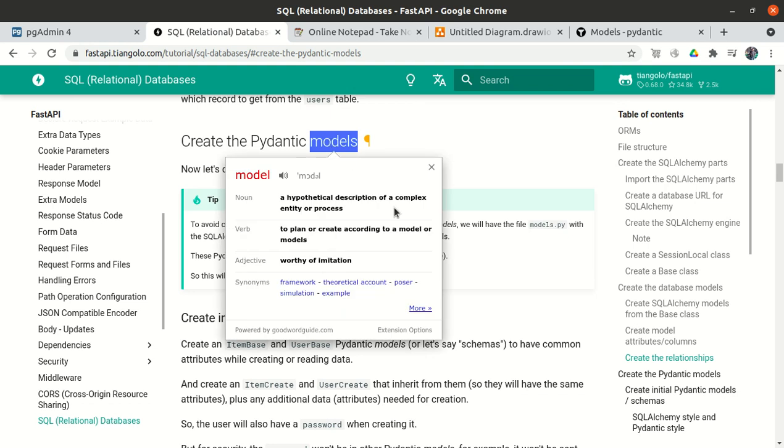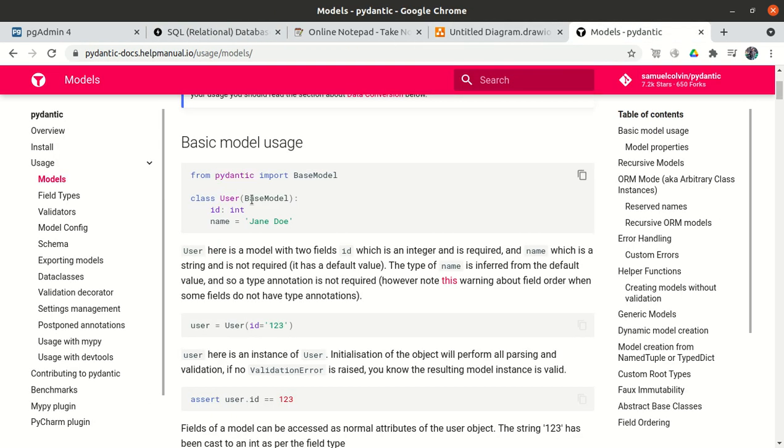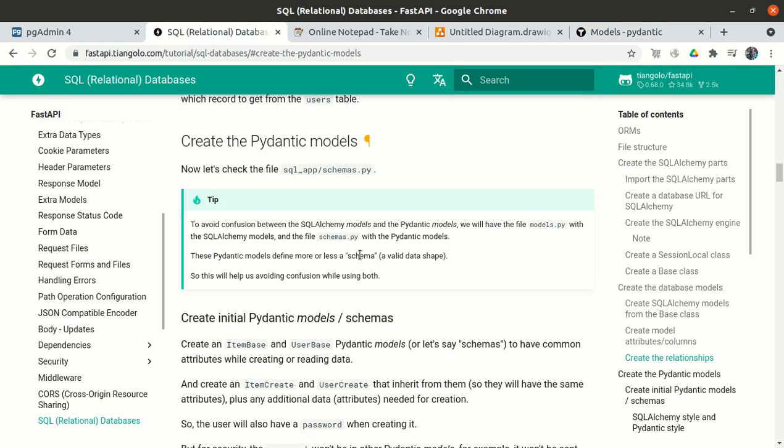To avoid confusion with the SQLAlchemy models: when we define our SQLAlchemy tables, we define them in the models.py file, so the tables are also called models, and these are also defined in the form of classes. So the user should not get confused, and we call them schemas.